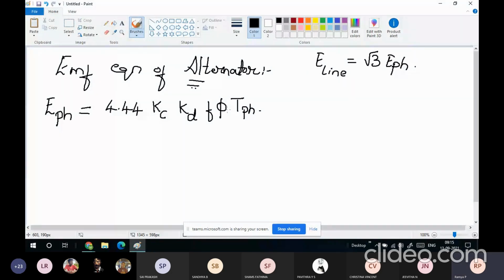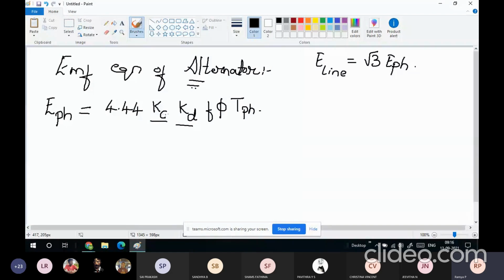Suppose you are considering one particular condition where this Kc and Kd will be some constant value, for the pitch as well as for the number of windings which are connected in some particular distribution factor, right? How best you are going to select the slots and how best you are going to put the conductors in the slots. If you are not doing it properly, then this factor will vary your EMF equation, right? So these are the two corrective factors that we are going to use